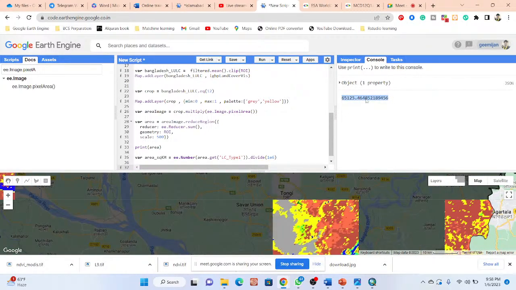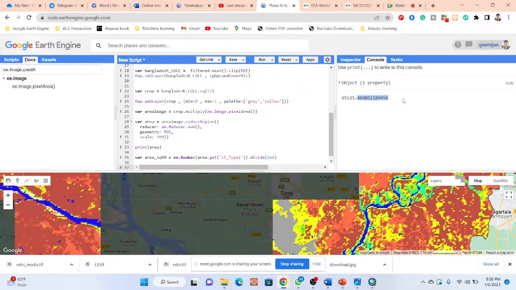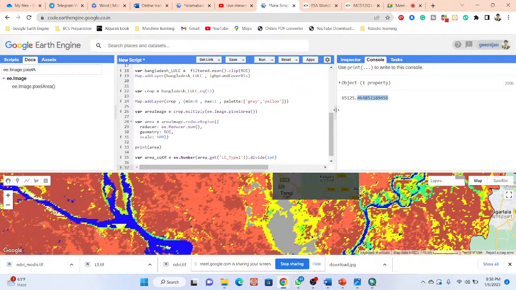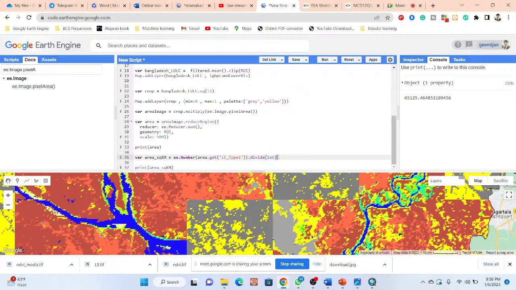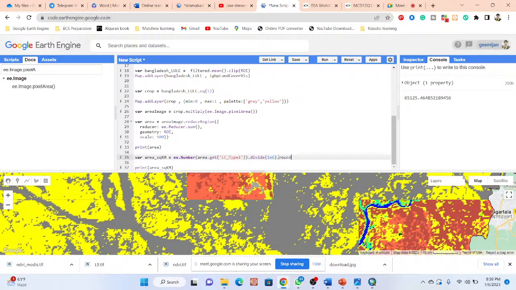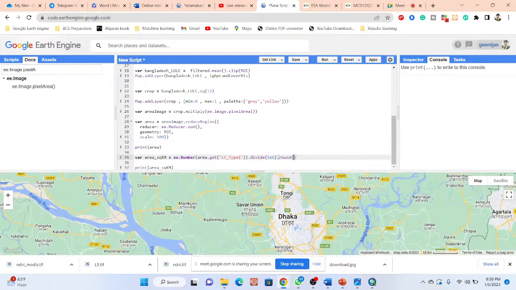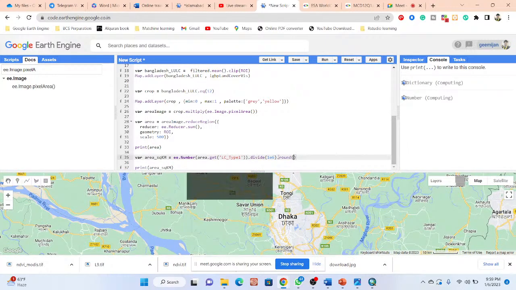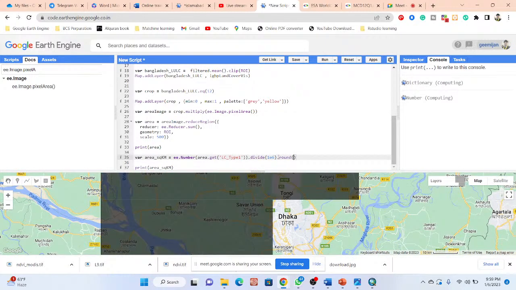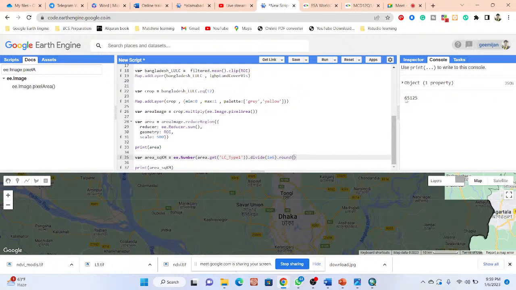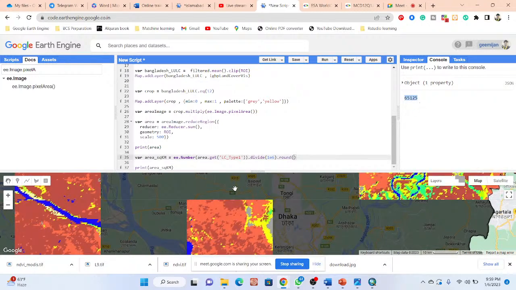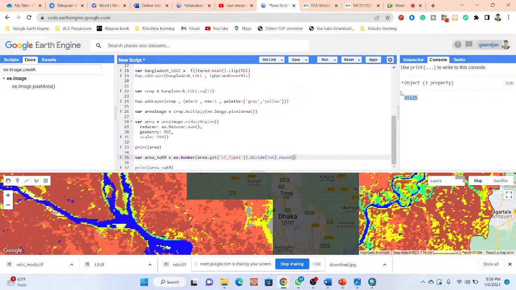How much area? This time you can see I can get the sum holding, so I simply use the round function for the integer only. So round, suppose, click them. This time I can get only the integer value. Okay, how much cropland area is available for the whole country boundary of Bangladesh, we can get this result